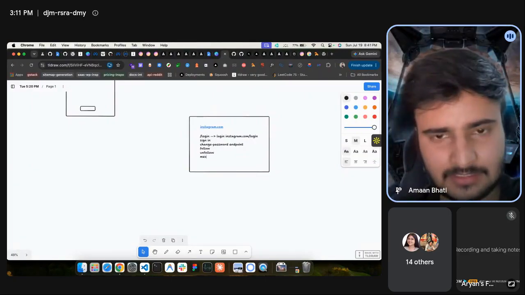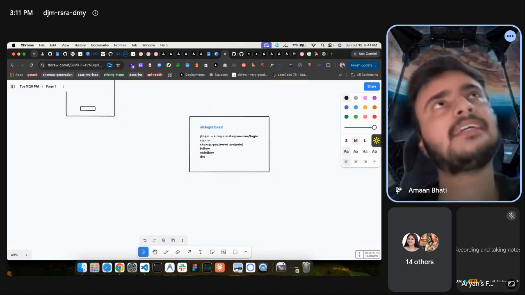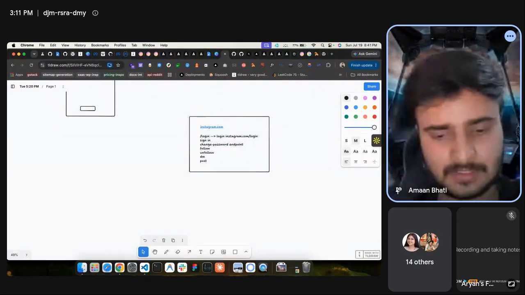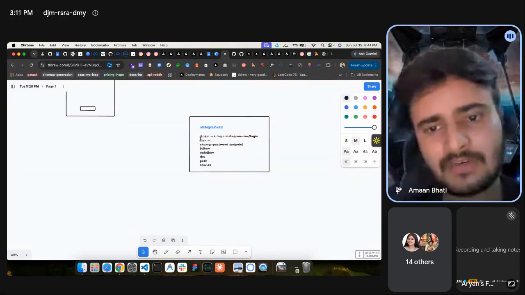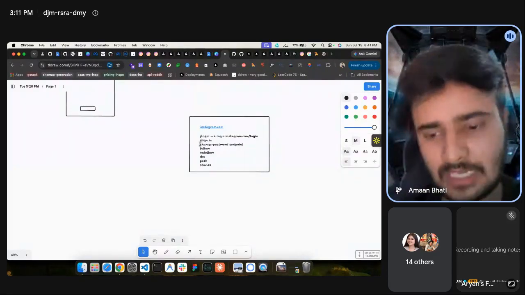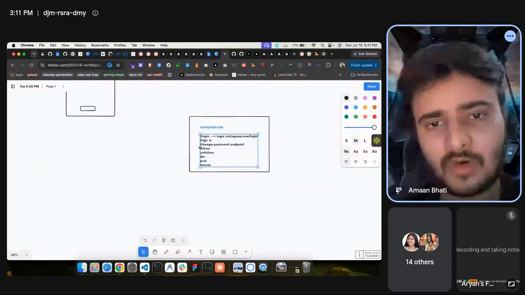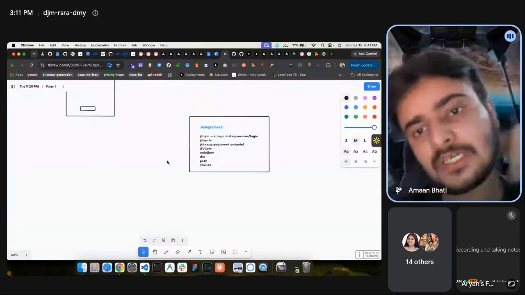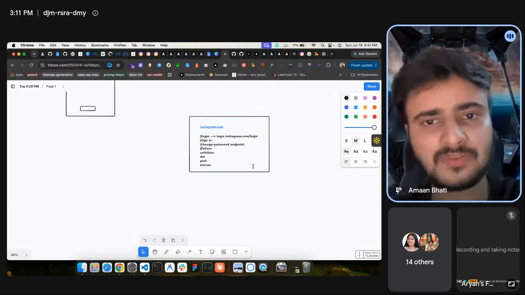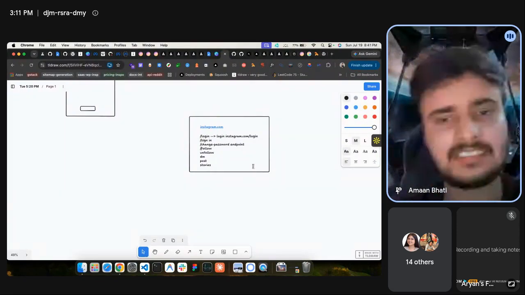And then let's just say DM could be one, then post could be one, stories could be one, right? So for each functionality, you have a function defined in the backend. And what we call them is an API endpoint. Cool. But when you are creating such a huge application, it becomes very important that you test this entire application